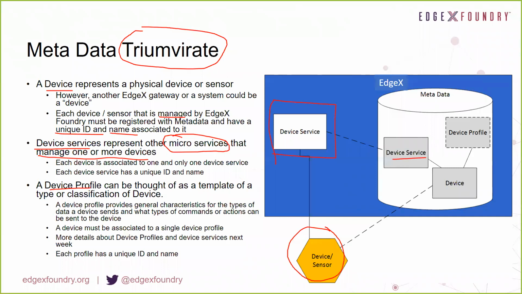So the actual device may be a little bit different, but the profile serves as a template to be able to talk about them generically and know generically how we can speak to them and how we can get data from them. So a device profile provides essentially the generic characteristics of types of devices, what they can send, how they get their actions taken care of.